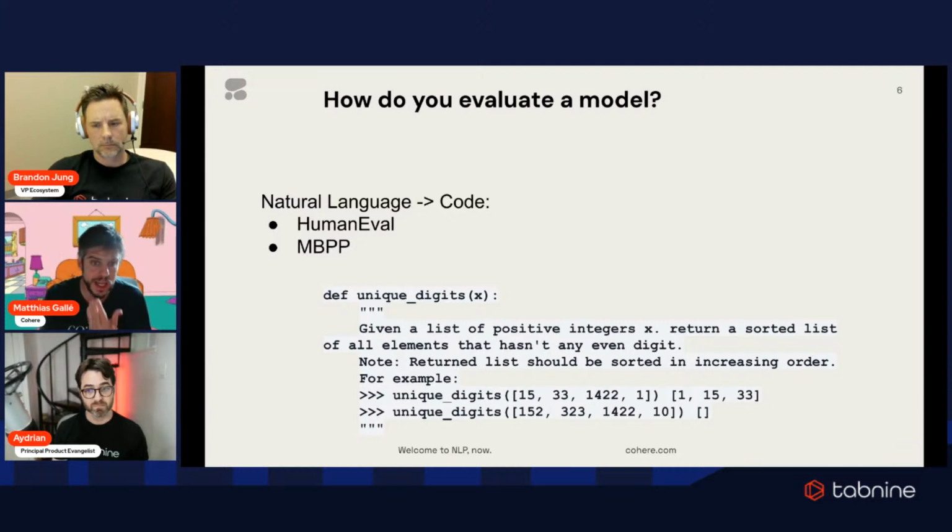So I'm putting an example here of a very simple query that comes from the HumanEval data set. And then what you would expect is an implementation of this function, which is called unique digits, in this case in Python.